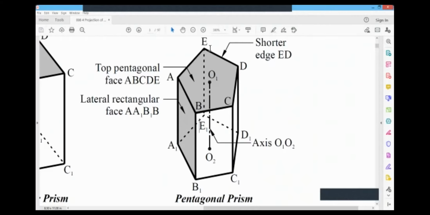And if you join 2 perpendicular bisectors, you get a joining point. Then on the top plane, I'll name that center as O1, and at the bottom plane, I'll name it as O2. The line joining from O1 to O2 is called the axis line, an imaginary line, which is very, very important for the solid, where the center of gravity lies. Exactly at the center for these prisms, the center of gravity is going to lie.